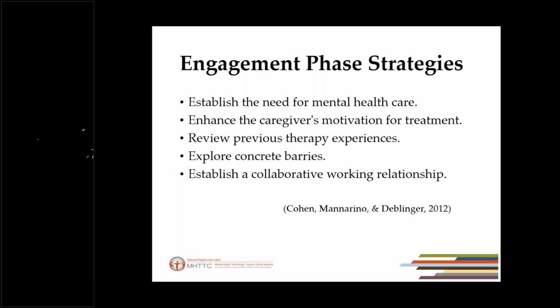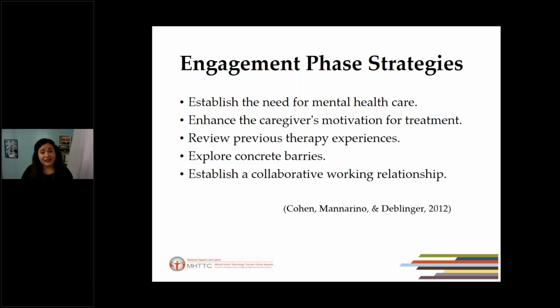Also, providing assistance in overcoming concrete barriers. As Latinos, we can have difficulties with people that only speak Spanish, or you have the kid that only speaks English, and the mom and the father only speak Spanish. You can use interpreters for that. Try to check the internet connection, right? Like me today. Sorry for that. Sometimes those are barriers, if the person has an internet connection or not, and if you're seeing the client in the office, if they have transportation or not. So try to check the barriers that they are experiencing.